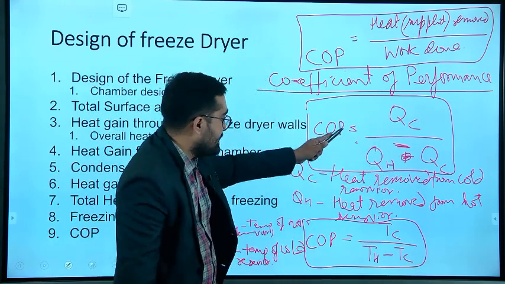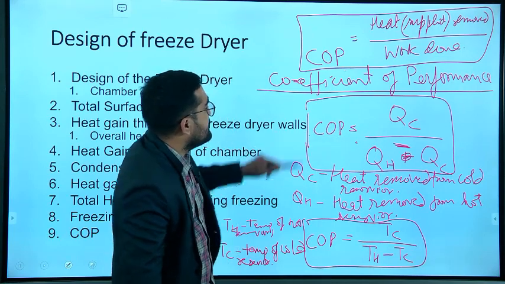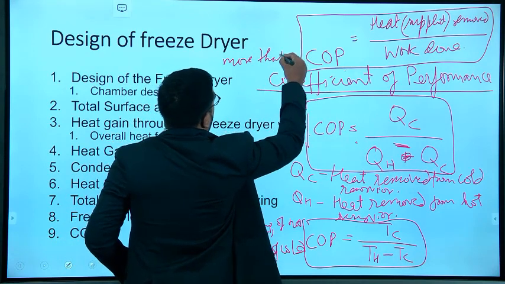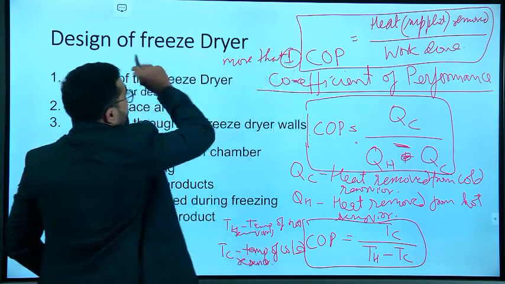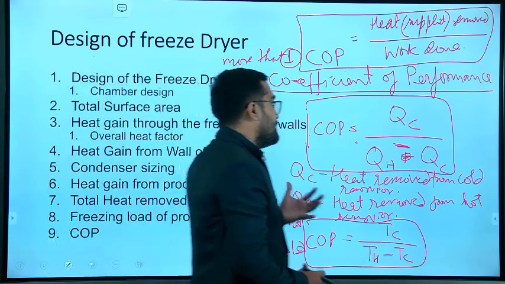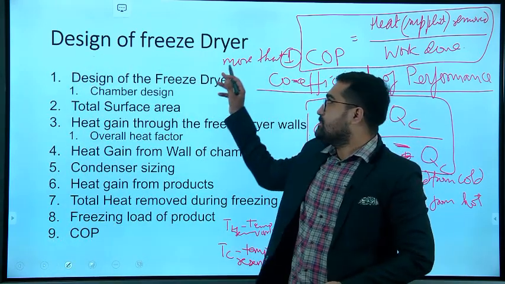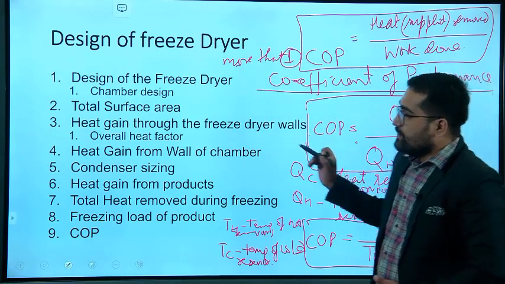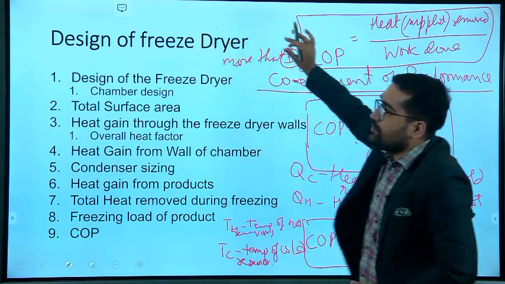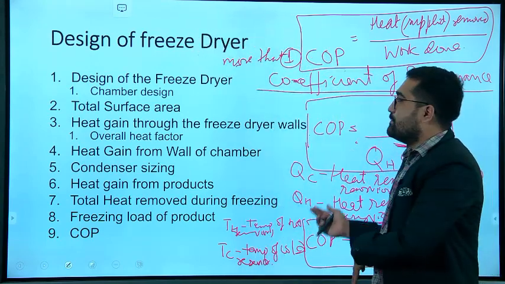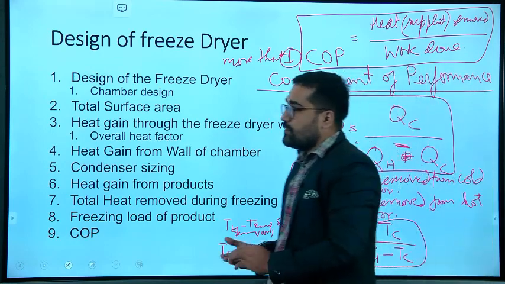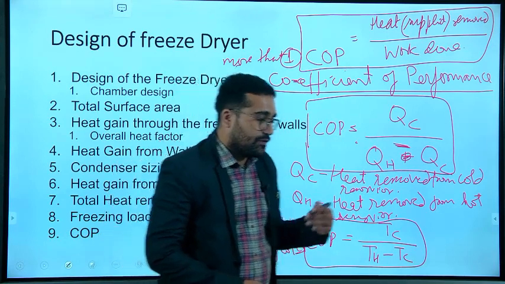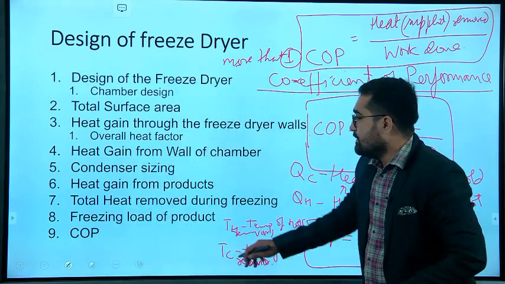Please rectify that, because the COP value is always more than 1 in case of a freeze dryer. In case of any system, the COP value should be more than 1. This is a very important question. In GATE also they will ask what the COP value should be. And when we compare the freeze dryer, like the freezing and the heating chamber, for COP, we find that the COP of the heat pump is higher than the freeze dryer or a freezing chamber system.